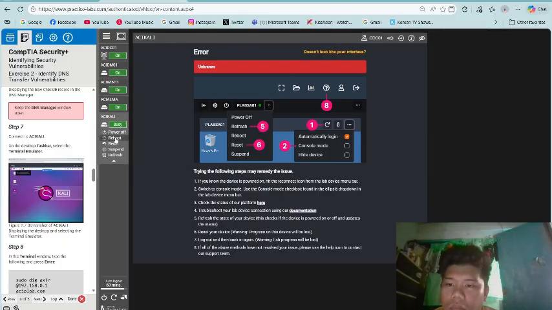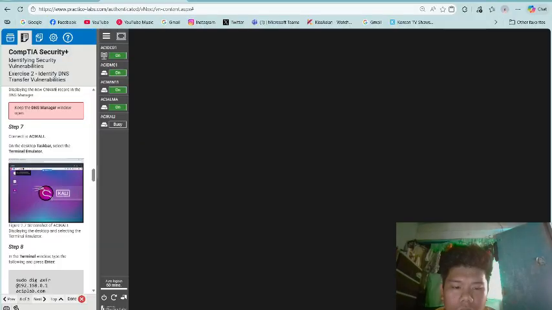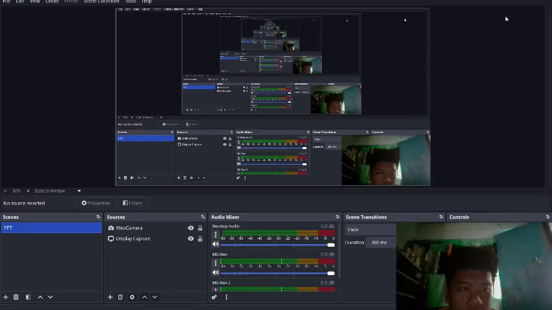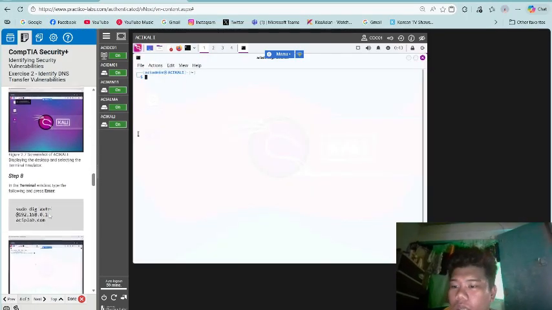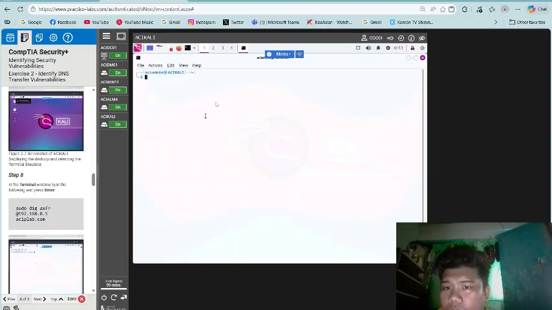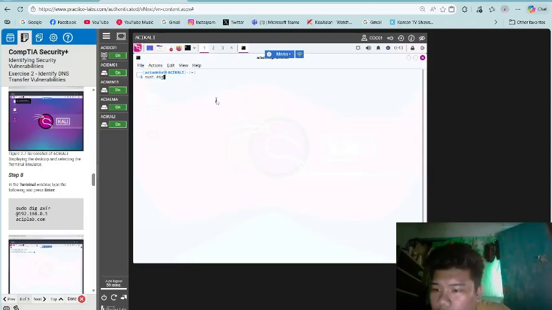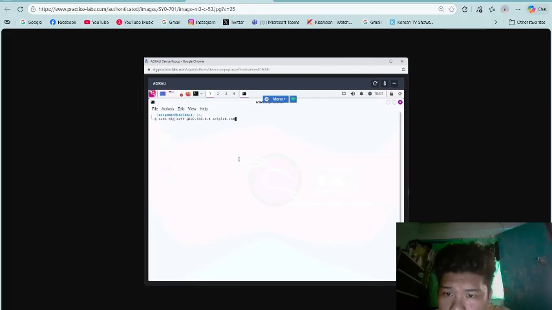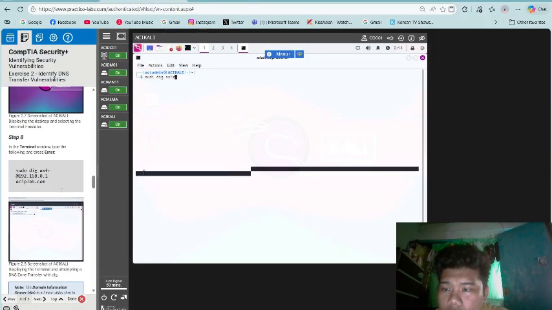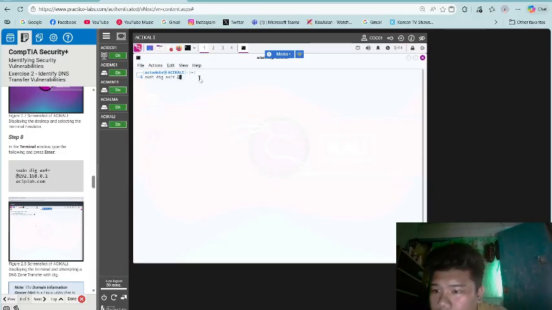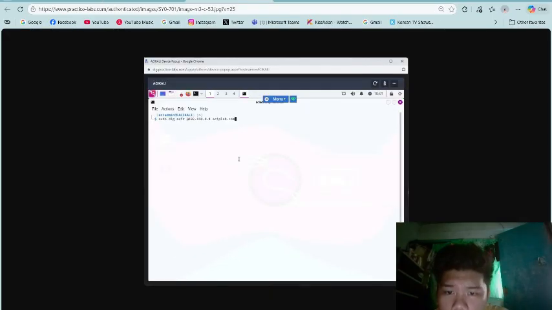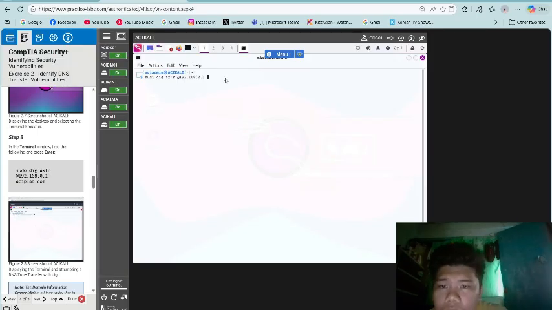In the terminal window, type the following and press enter: sudo dig axfr @192.168.0.1 aciplab.com. Enter.